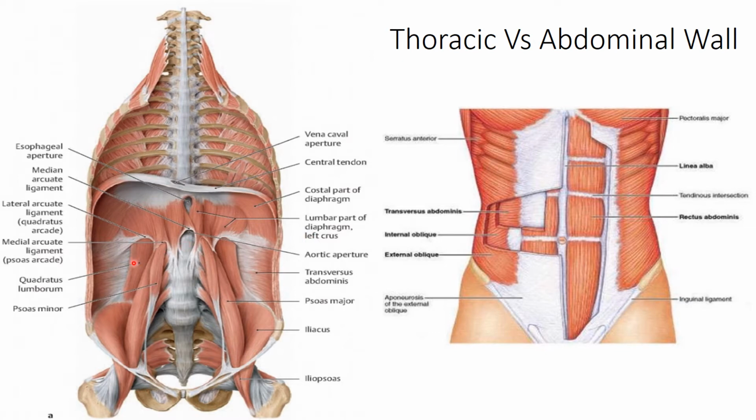Now posterolaterally they are these muscles, quadratus lumborum and psoas major. Along with that, associated thoracolumbar fascia, and posteriorly these 5 lumbar vertebrae and their intervertebral discs. Now inferiorly, this is the bony bowl which is formed by the bones of the false and true pelvis, ilium, ischium and pubis.